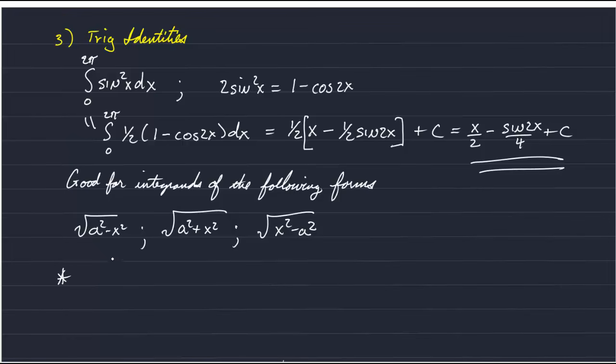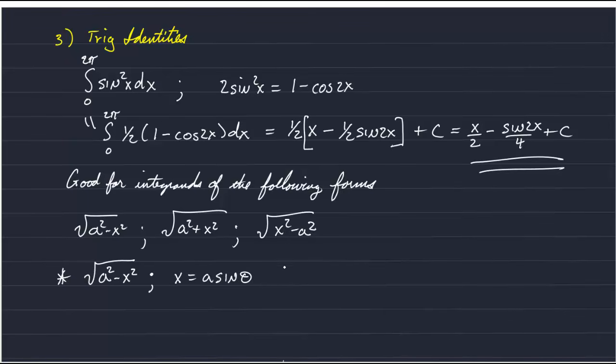So for example, if we have the first form in our integrand, a squared minus x squared to the 1/2 power, we could make the substitution that x is equal to a sine theta,